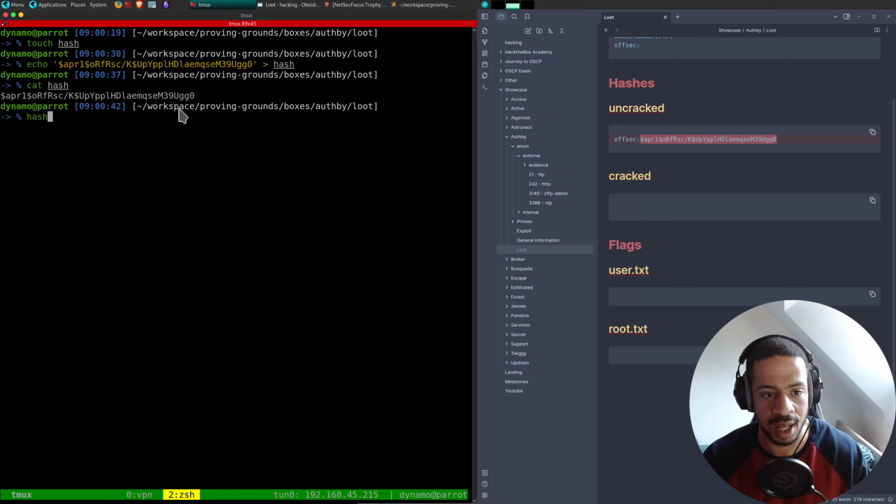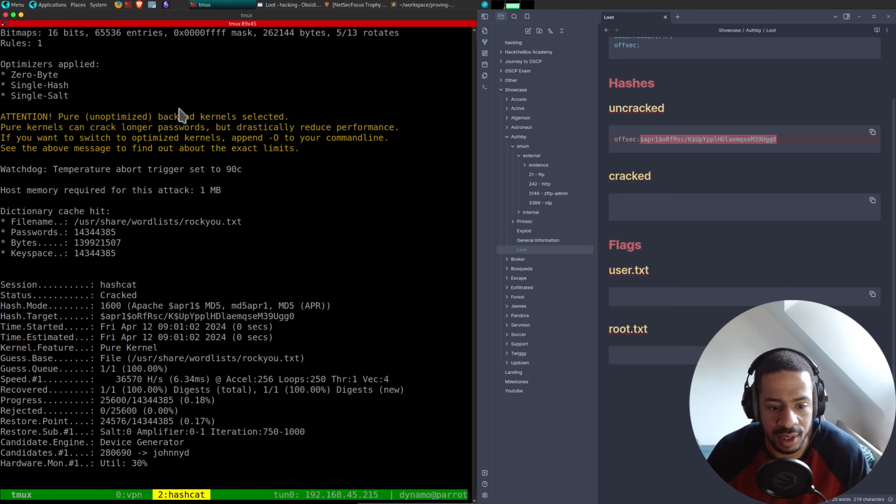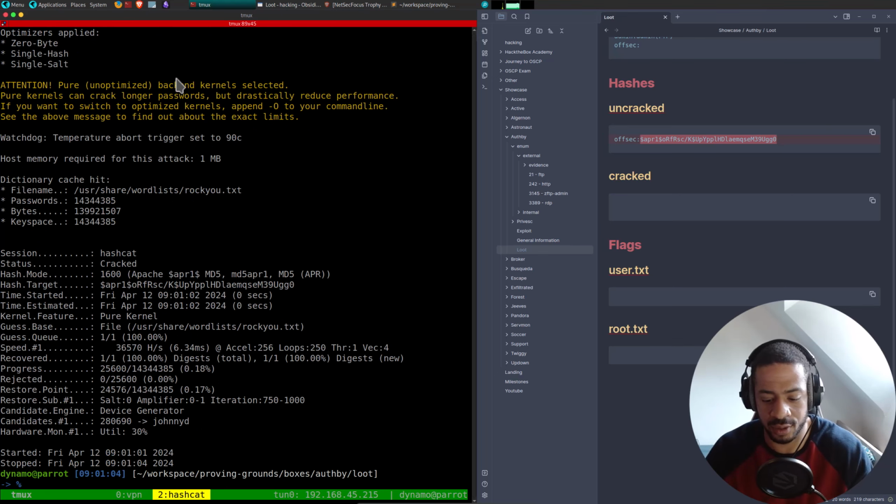Yes, it is. And then we can do hashcat m1600 with the hash, take user share word list rockyou, and call the output cracked, like so. This is then running, and boom, it is cracked.